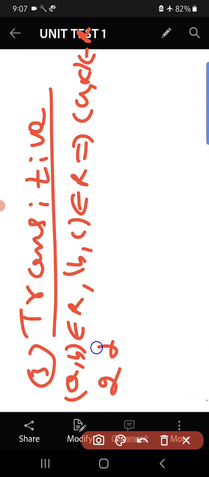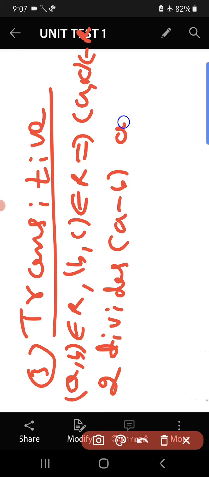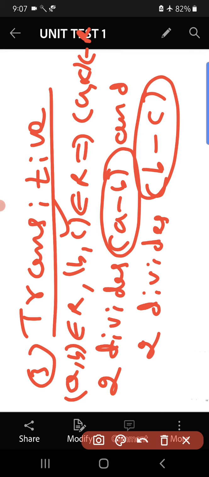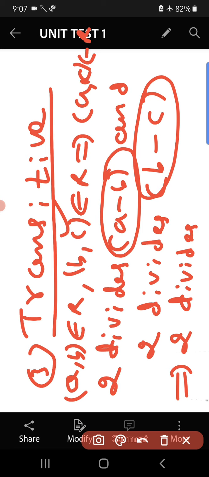So here AB belongs to R means, as I told in the previous property, 2 divides A minus B, and BC belongs to R means 2 divides that difference, B minus C. 2 divides this difference and 2 divides this difference, implies 2 divides this sum, A minus B plus B minus C. Then the B minus B gets cancelled. The next step, 2 divides A minus C,